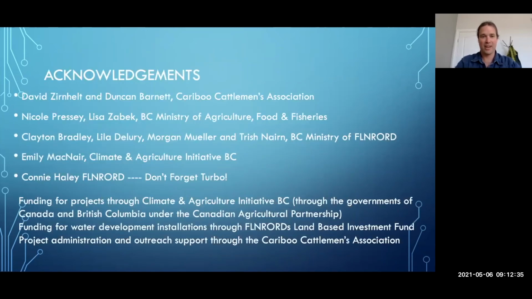I just wanted to quickly go through the acknowledgements and the steering committee: David Zernheld, Duncan Barnett with the Cariboo Cattlemen's Association, Nicole Pressey, Lisa Zabek with BC Ministry of Agriculture, Foods and Fisheries, Clayton, Bradley, Lila Delury, Morgan Mueller, and Trish Nairn with the BC Ministry of Forests and Range, and Emily McNair with Climate Action Initiative BC, and Connie with Flynn Road out of Alexis Creek as well. Connie was essential with the layout and all the logistics of that project because it's just so far away from